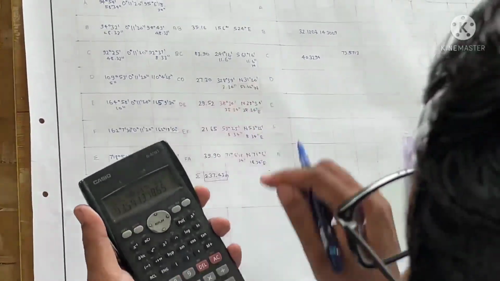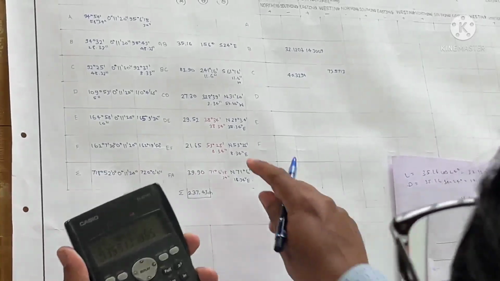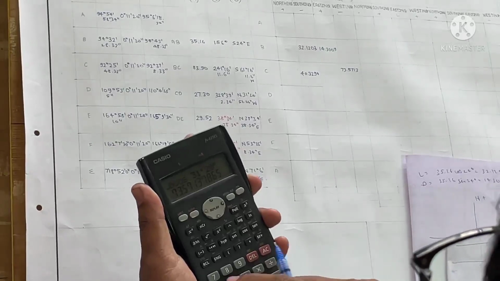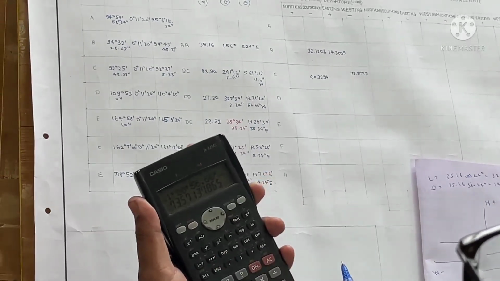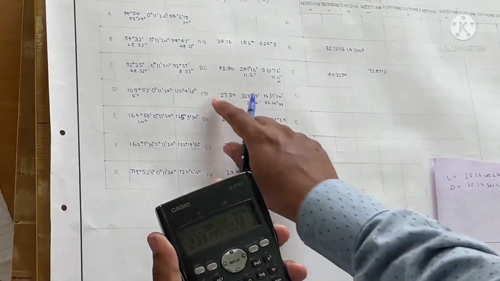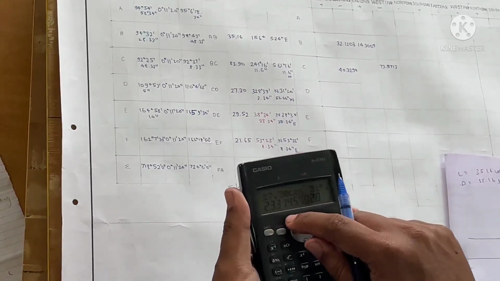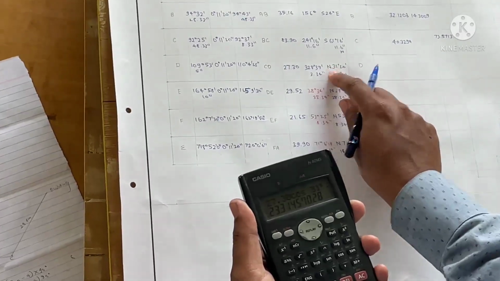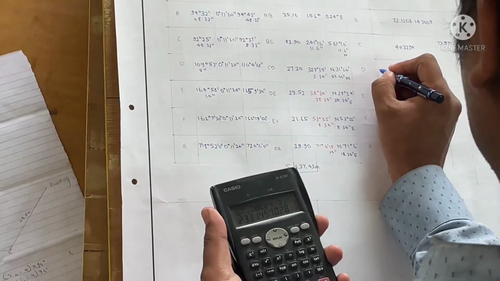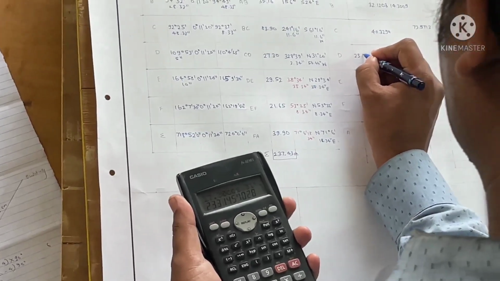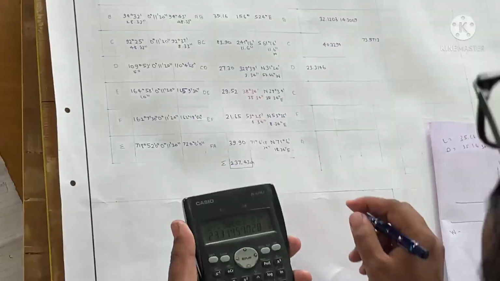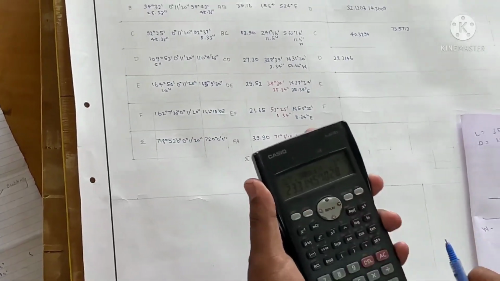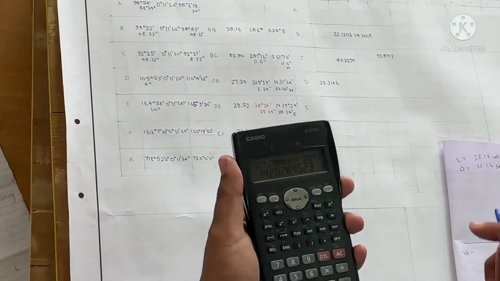73.5713. Of the further line, 27.30 cos of 31 degree 20 minutes 56.66 seconds. That is nothing but the consecutive coordinates of the line CD. So it is coming out to be 23.3146. As the quadrant is north, we'll write it down in the column of northing. So 23.3146. Second, it is westing. So instead of cos, in order to calculate the departure, we'll just substitute sine here and calculate.